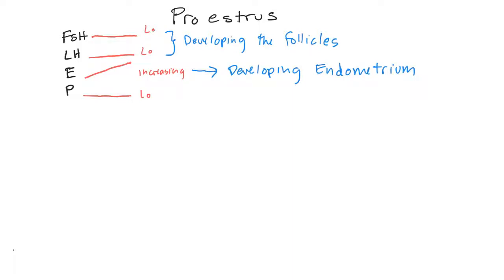Okay, so tissue is growing, the blood supply is increasing. It's becoming more and more vascular throughout proestrus. Okay, so essentially, you're preparing for ovulation,